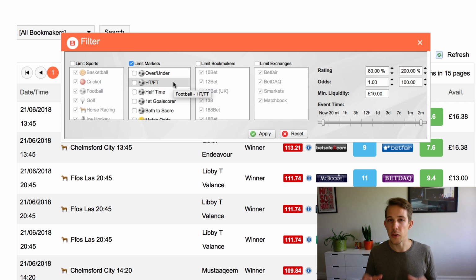Half-time, full-time. This is one I just want to bring a bit more attention to because it's one that people quite often get confused with. Half-time, full-time means that the team you're betting on must be in the lead at the end of the first half of the game and at the end of the second half of the game. Quite often people confuse this with the market to win both halves. Now, to win both halves is a market that is offered by most bookmakers on their sportsbook. I can give you an example of it here in a minute, but it's not something that we have on the odds matcher because it's not typically a very useful market for match betting.